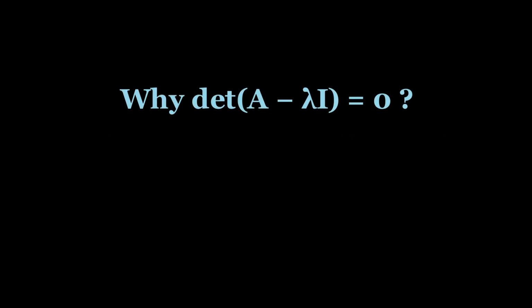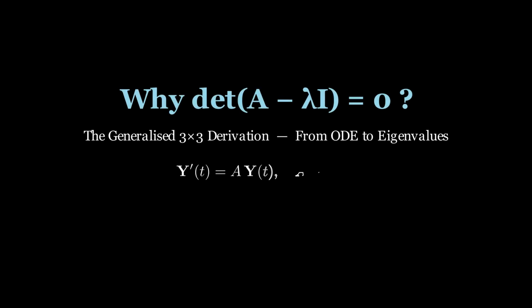Welcome. In this animation we derive det of A minus lambda I equals 0 for a full 3 by 3 matrix system. We start from a third-order linear ODE, convert it into a 3 by 3 matrix system, and follow the exact same logical chain as the 2 by 2 case. But now we see every 3 by 3 specific detail. By the end, you will understand why every step is necessary and how the answer is built up from first